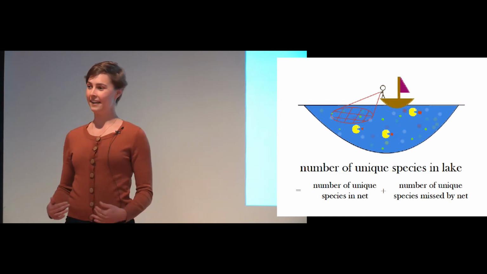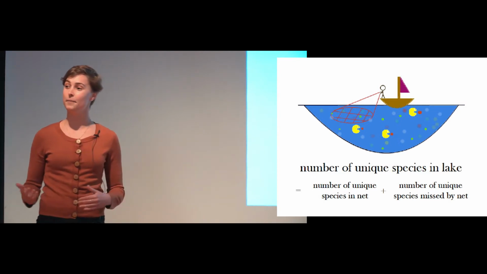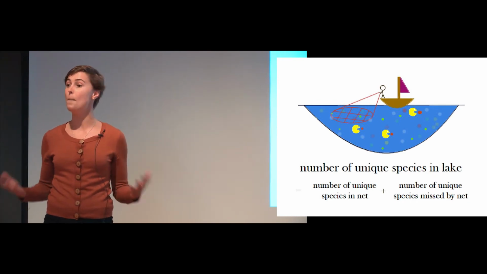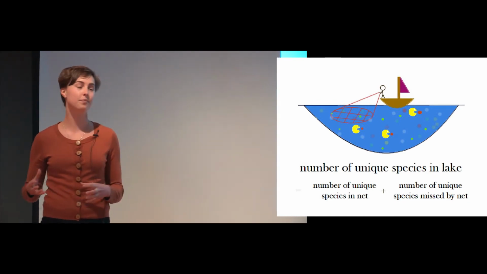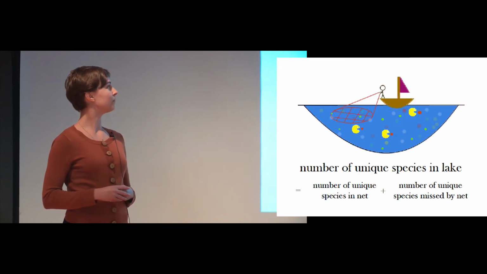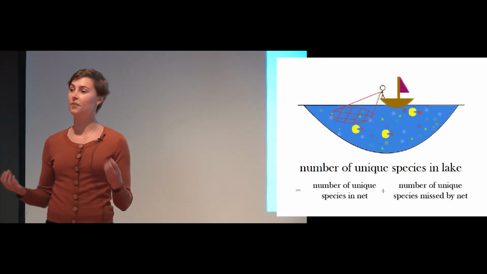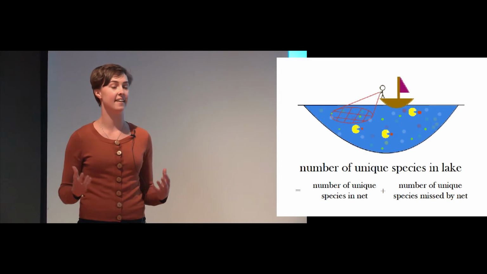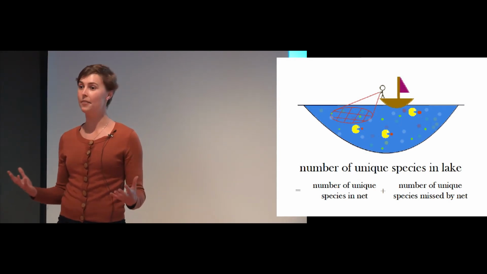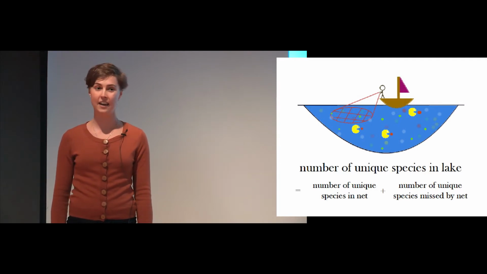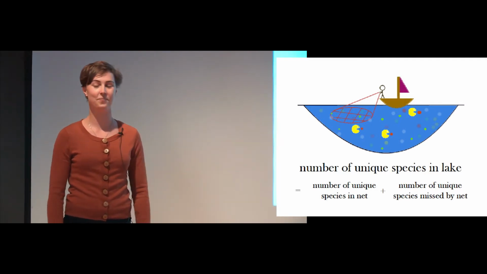Fortunately, what did make it into his net, combined with some clever statistics, can help him figure out how many species are in the lake but were not in the net. If there were many species in the net that were observed infrequently, say only once or twice, then this suggests that there were many more species that were observed 0 times. These are the species that are in the lake but did not make it into the net.